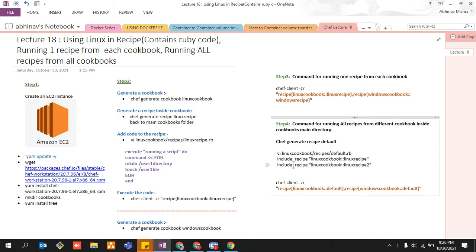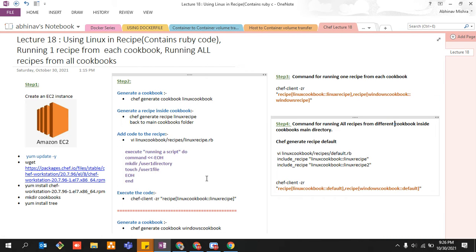I will go very fast in this lecture because I have already told you how Chef works and how to write a basic command. Everything is the same. It's going to be a very simple lecture if you remember the commands of Chef. They are hardly 3 to 4 commands. You just need to learn them up. It's very easy. If you know the basic commands and have followed my previous lecture, this lecture is going to be a piece of cake for you guys.